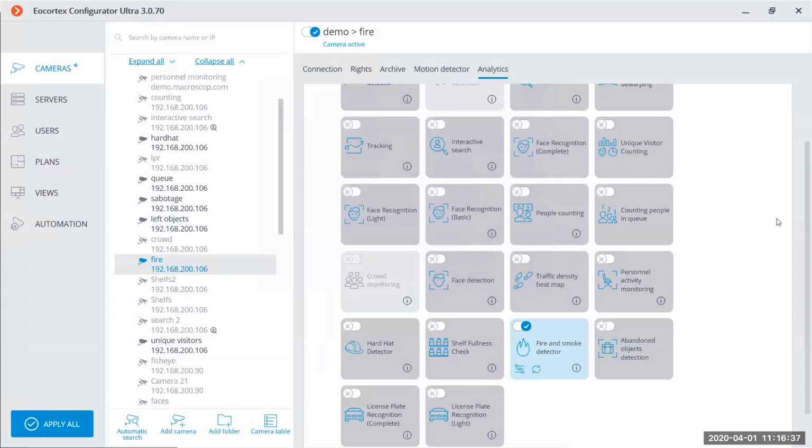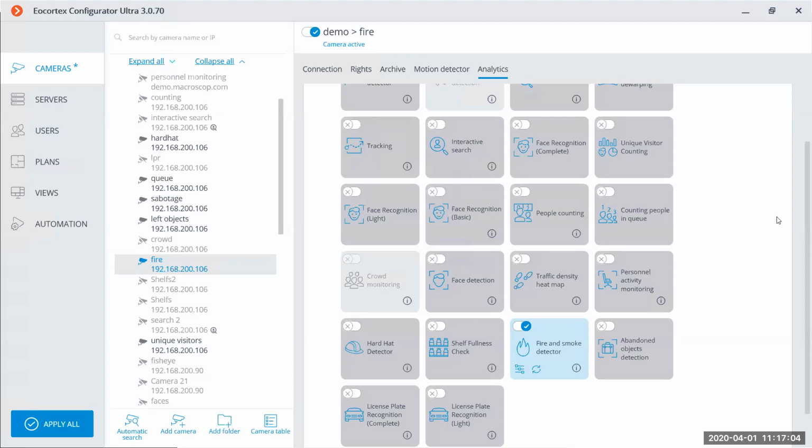This module is pretty demanding on CPU and RAM, and it's still not as accurate as real fire sensors or smoke sensors. This module is more recommended for areas and sites where you can't use your existing fire system.